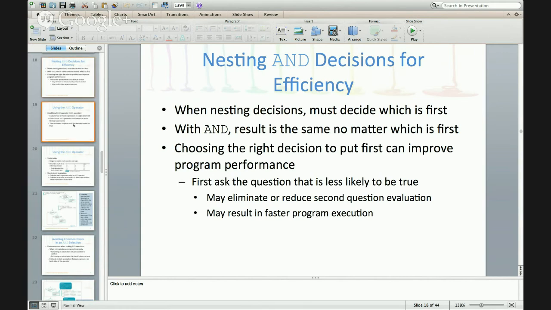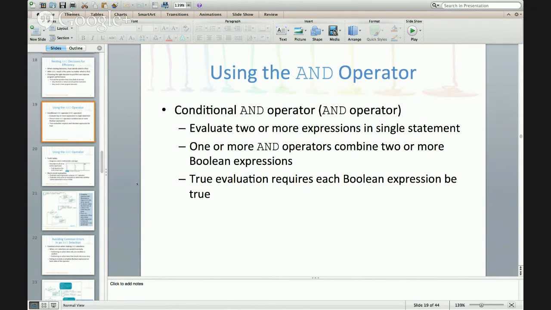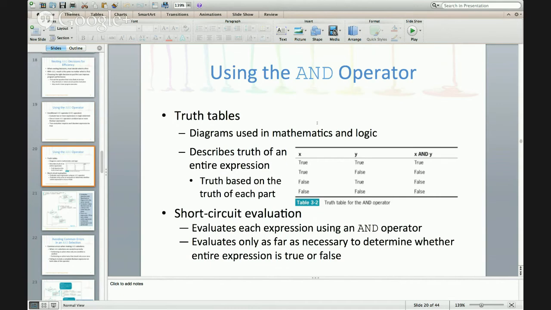So next we go using the AND, oh, is that where I was at? Conditional AND operator, okay. The AND operator you use is two ampersands, and we should be going through that here in a second. Okay, here's the truth table, and this is what we learned in mathematics, and we have something called a shortcut